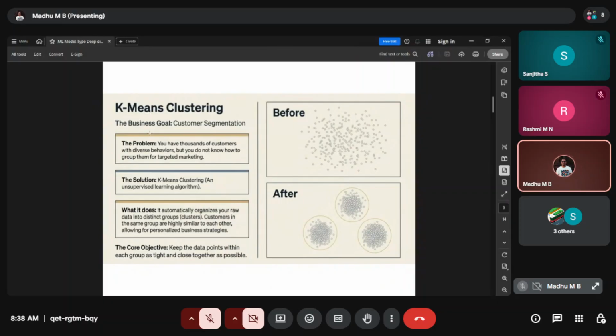Let's assume, just to take an example for our understanding, we have 1,000 customers with diverse behavior. Obviously all customers are not the same, so they will have different opinions, different selections, and different feedback. You see this map, correct?